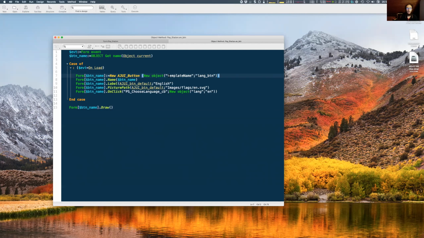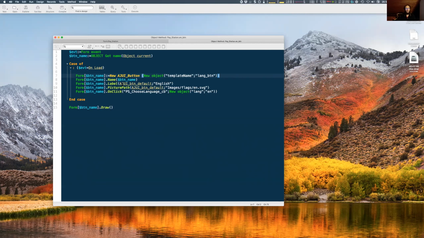Within it I have all the settings of the color, of the size, of the corner radius, of the border, etc. So I must provide the name of my button, so the composer knows where to draw the picture. And here I display a label. Here you see I use a constant because most of the